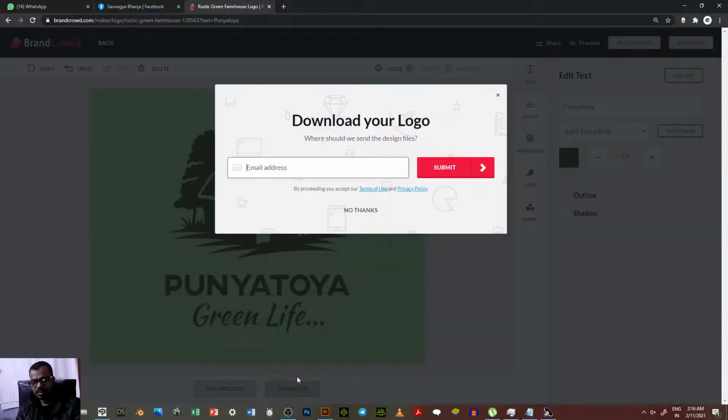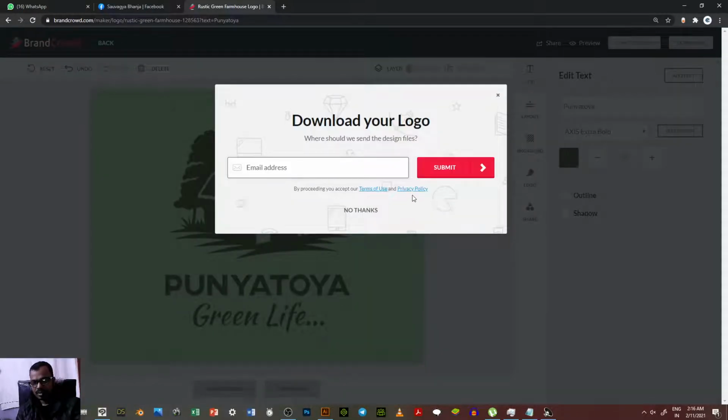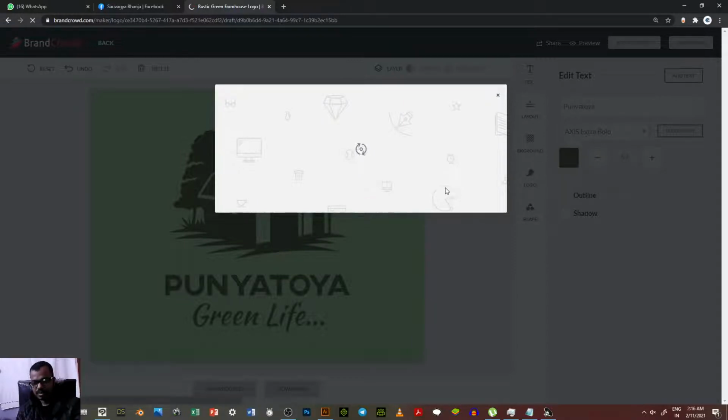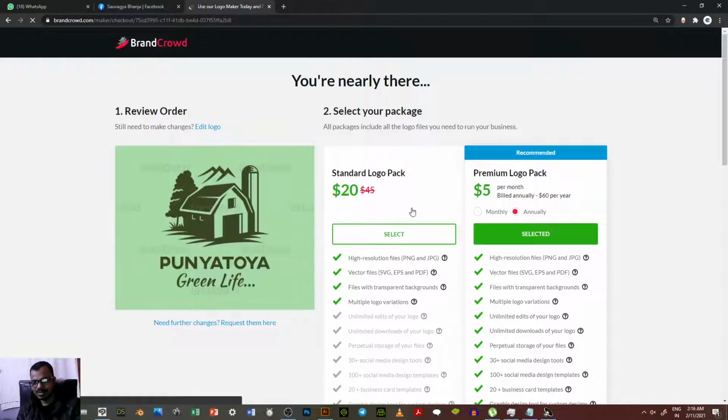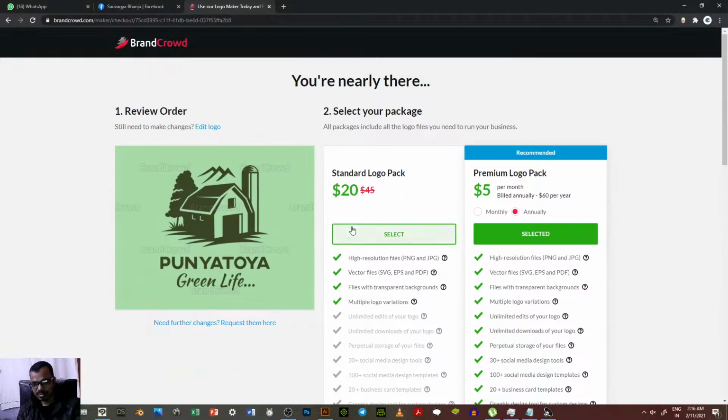When you go for download, it will ask for your email ID. No thanks. Submit. So let me put my email ID. Submit. Now just let us see what happens. It will ask for money, and the amount they charge: premium logo pack $5 per month, standard logo pack 20. Oh, it has reduced. Earlier it was $45. Select high resolution PNG file. $20